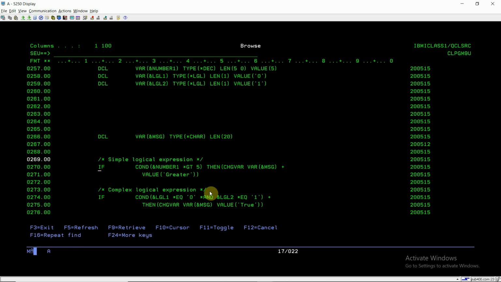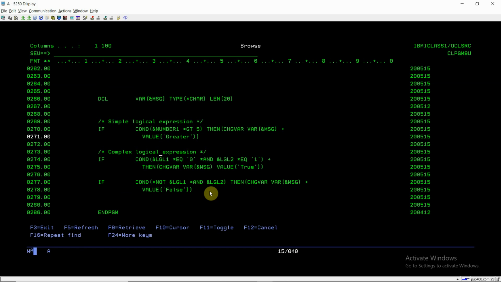This has only one expression, so it is a very simple logical expression. Then do this. If this condition is true, then CHGVAR gets executed and the message variable will have the value GREATER, and in case it is false, then this action will not be performed.